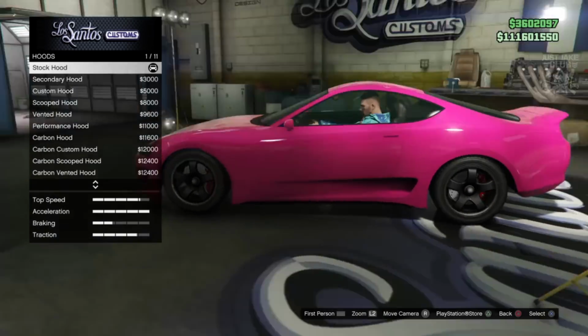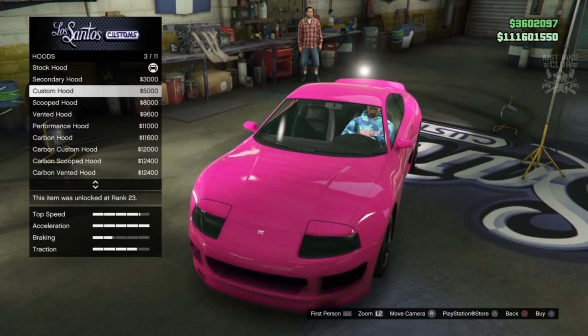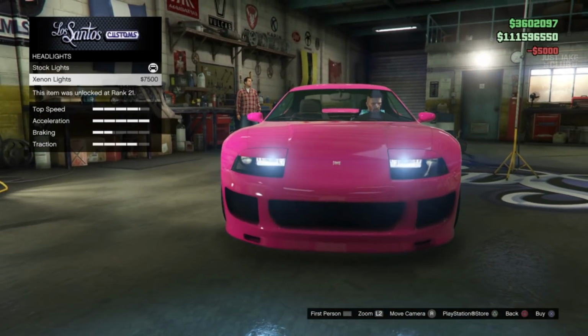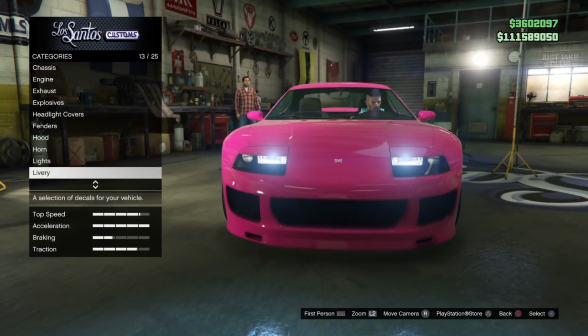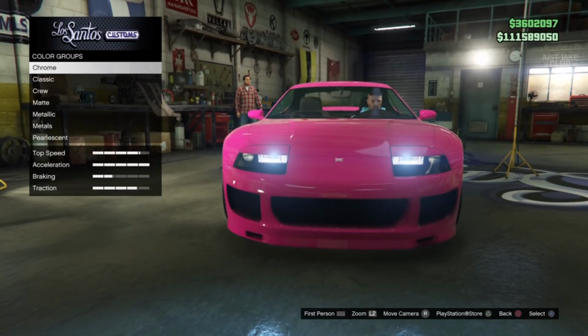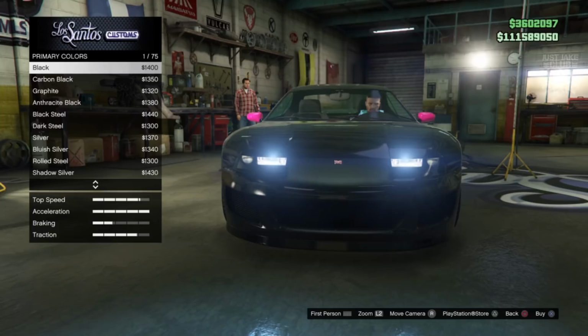So next we're going to move on to the hood. We do need to get one of these, and it's going to be this custom hood. Then we're going to go to the lights. We're going to go headlights and purchase the Xeon headlights. Also, it doesn't have a livery, so we're going to skip past that, and we're going to go straight to the respray. We're going to go primary colour. We are going to go metallic for this one, and then we're going to purchase...